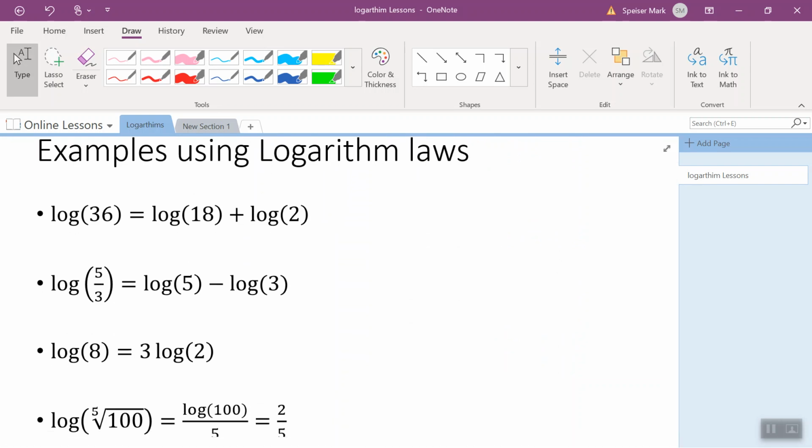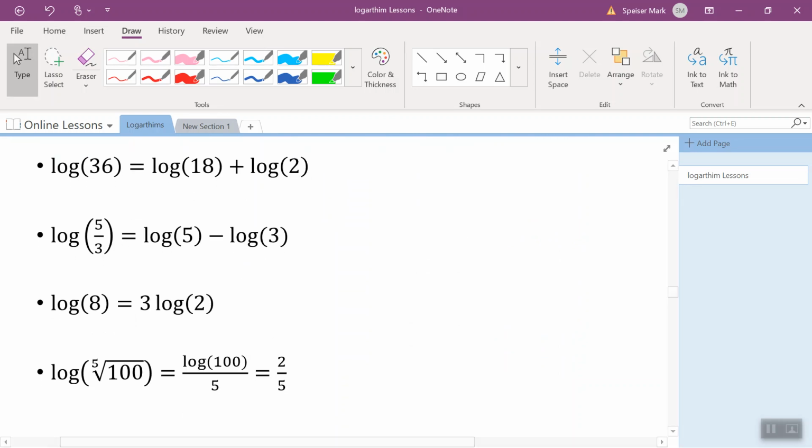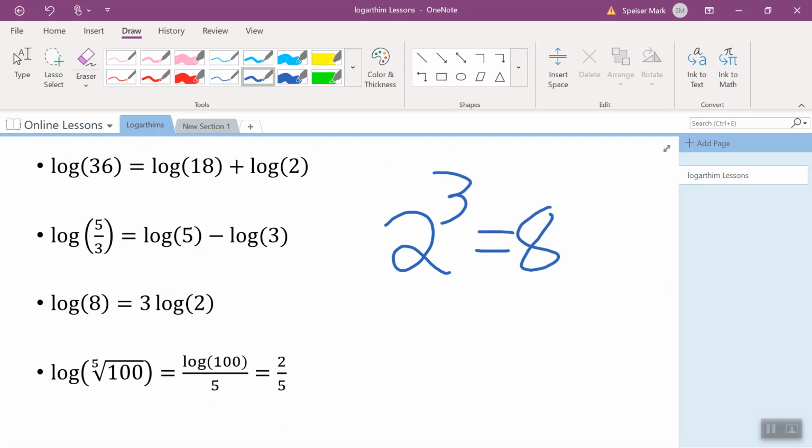So log of 36 can be rewritten as the log of 18 plus the log of 2, because 18 times 2 is 36. Log of 5/3 can be found by finding the log of 5 minus the log of 3. Log of 2 cubed can be found by finding 3 times the log of 2, because 2 to the 3rd power is 8. Log of the 5th root of 100 can be found by finding the log of the inside number, 100, divided by 5, which equals 2/5, because the log of 100